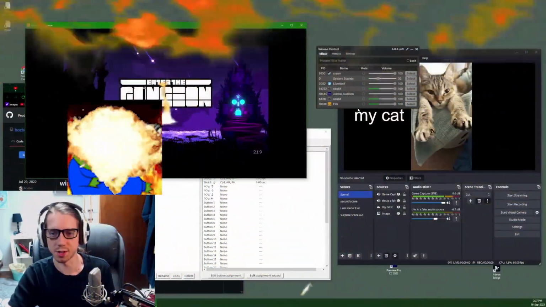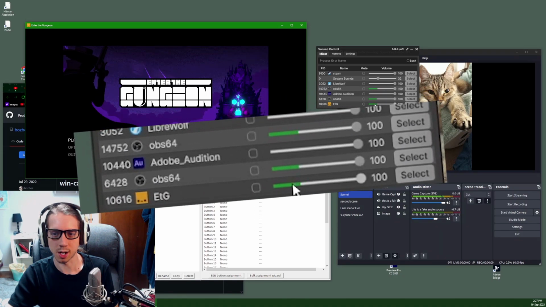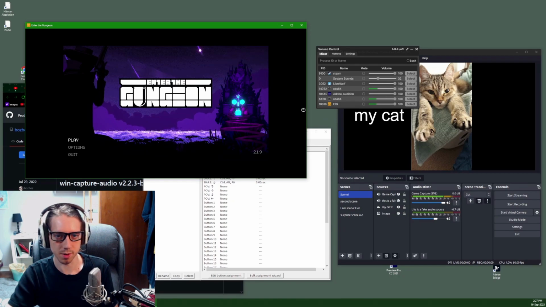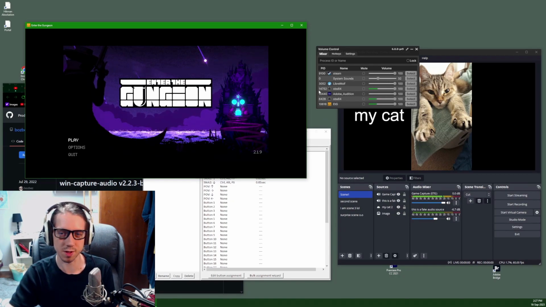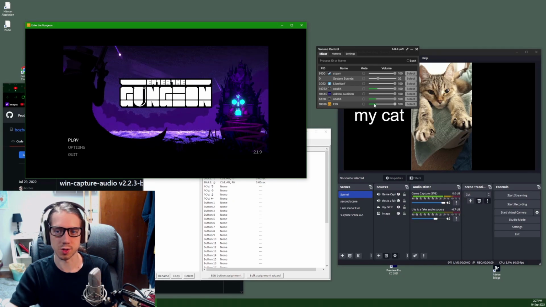Okay, so I was having some issues where in Gungeon, this green volume indicator wasn't showing up in VolumeControl. So I guess you'll have to close your program and open it. What seemed to work for me was keeping VolumeControl open and then opening the game. So you'll want to make sure that you see that green volume indicator. At any rate,